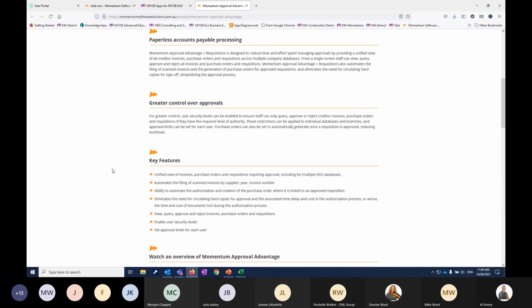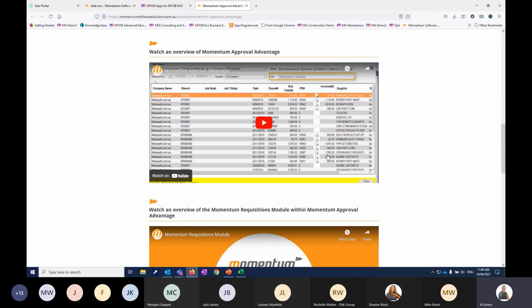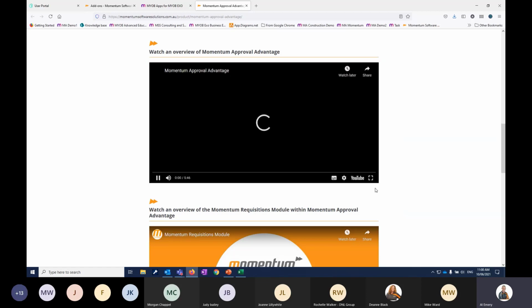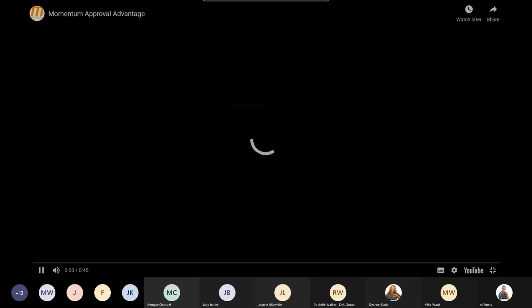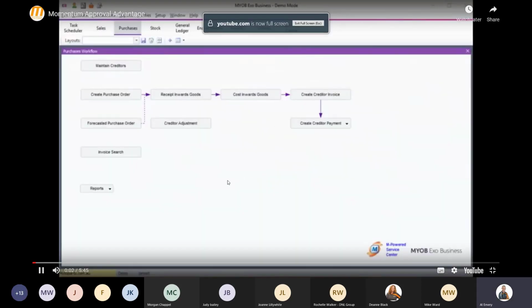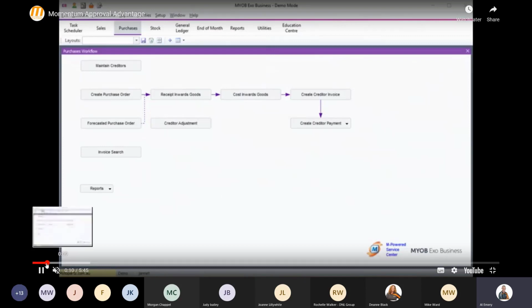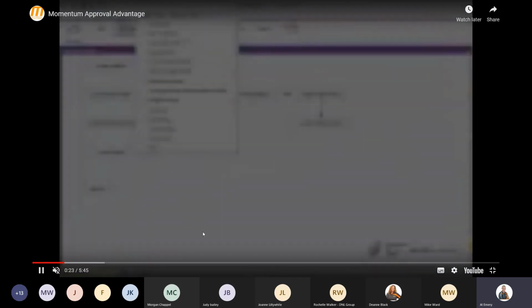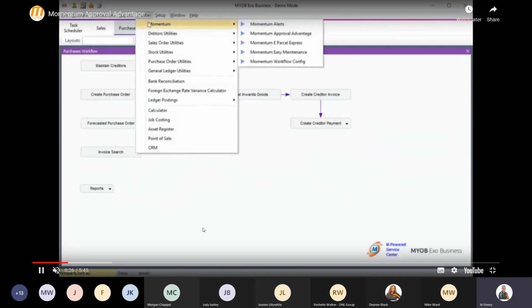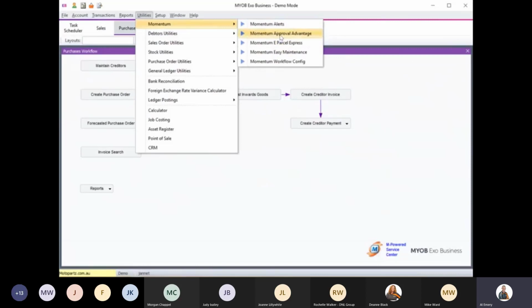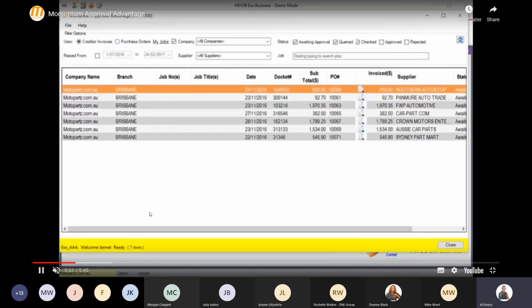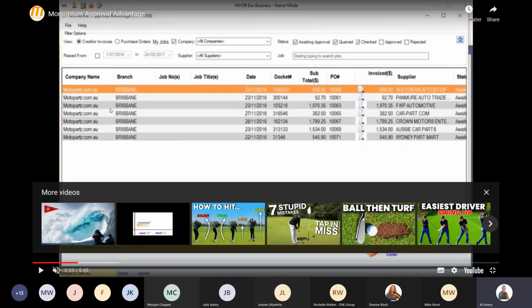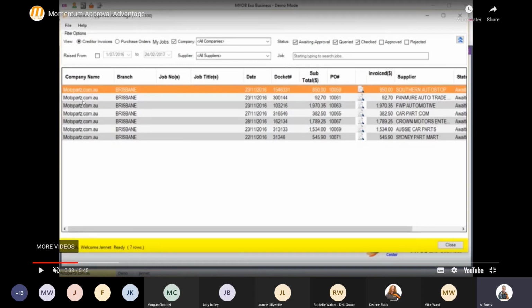Approval Advantage, I'll quickly show you some of the features of that. So like all of our add-ons, it's a custom developed screen that Momentum has written, and it launches from a menu in Exo. So all of our Momentum add-ons sit on a Momentum menu, and Approval Advantage would launch like that. And then what you can see in this screen is for each of your Exo companies, and in this